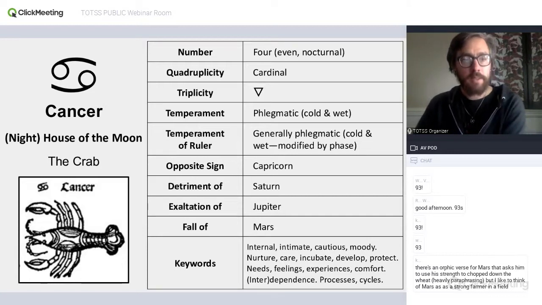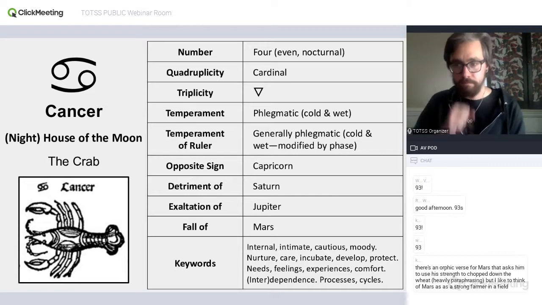All right, so opposite to Cancer, we have the sign of Capricorn. And so again, we'll be defining a lot of the meanings of Cancer in contrast to Capricorn. So the ruler of Capricorn is Saturn. So Saturn is in detriment in Cancer. It's hard for Saturn to do the things that Saturn wants to do in the very personal and very intimate, very close and inner sort of expression that Cancer always has.